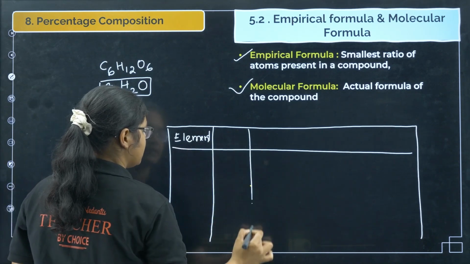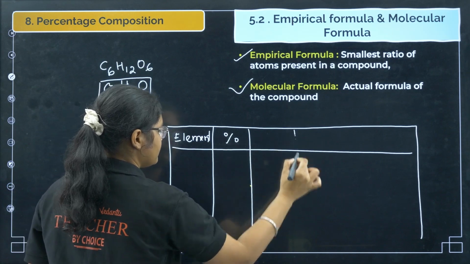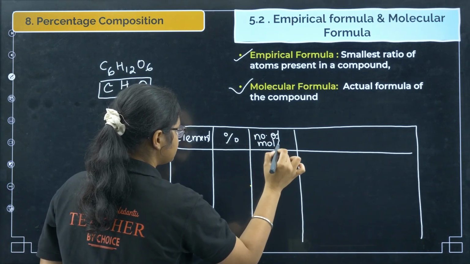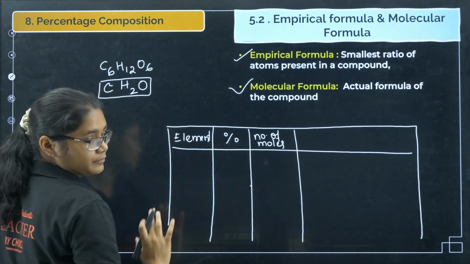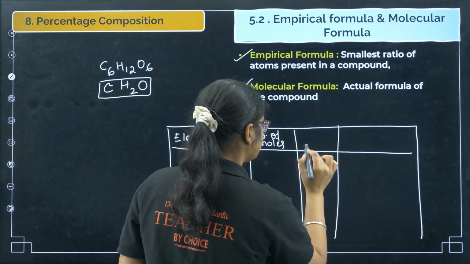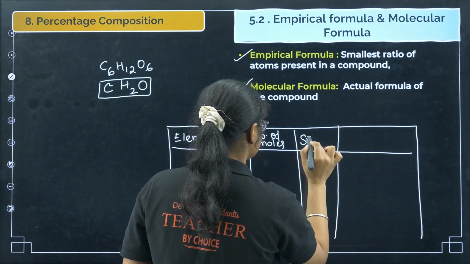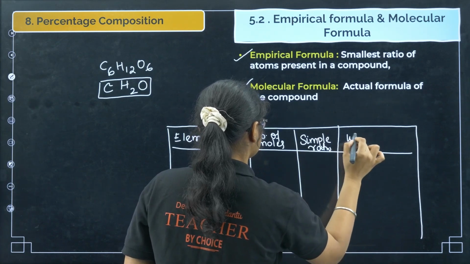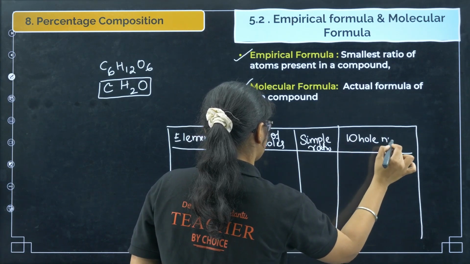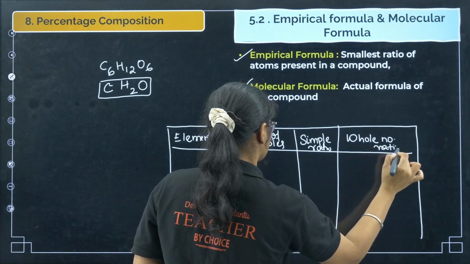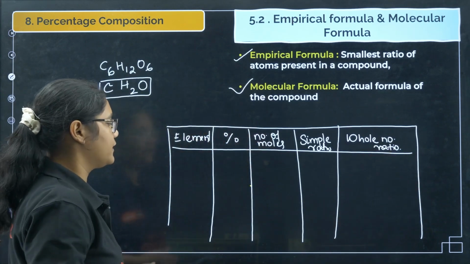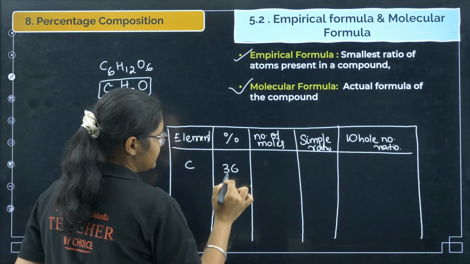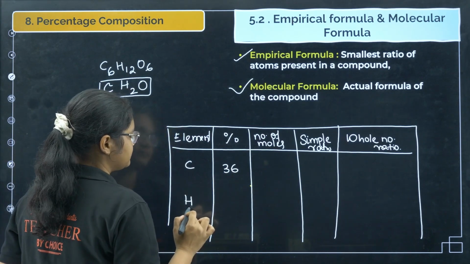Then in the question you will be given the percentage. Then here you have to calculate the number of moles. So whatever percentage is given divided by the molar mass, you will get the number of moles. Then here it is a simple ratio, and here it is a whole number ratio. So now for example, I'll take, suppose carbon is present in an element 36%, and hydrogen is present,